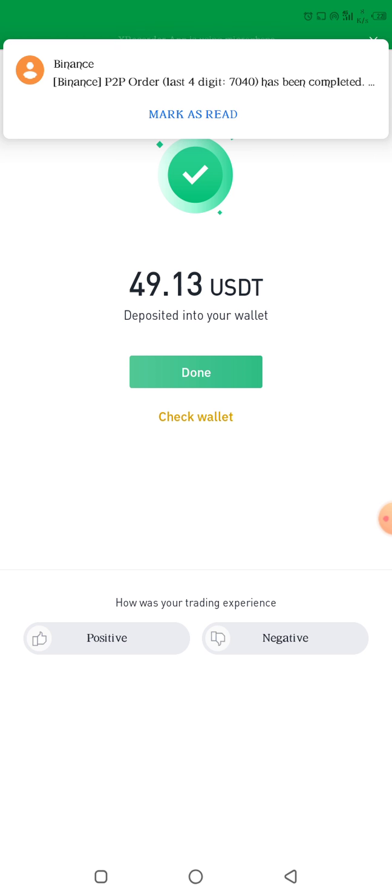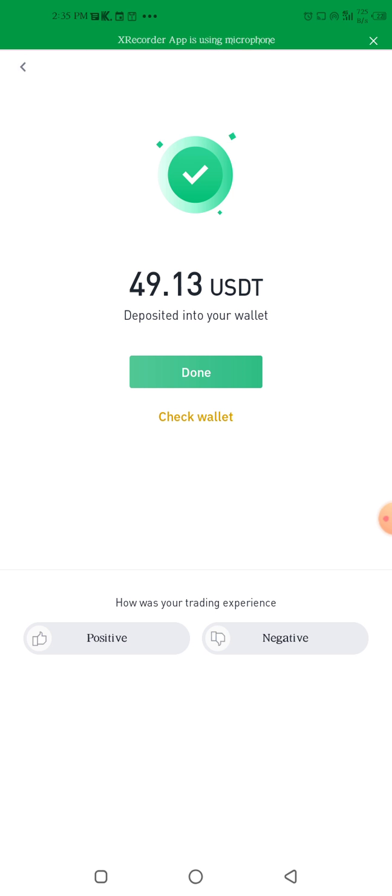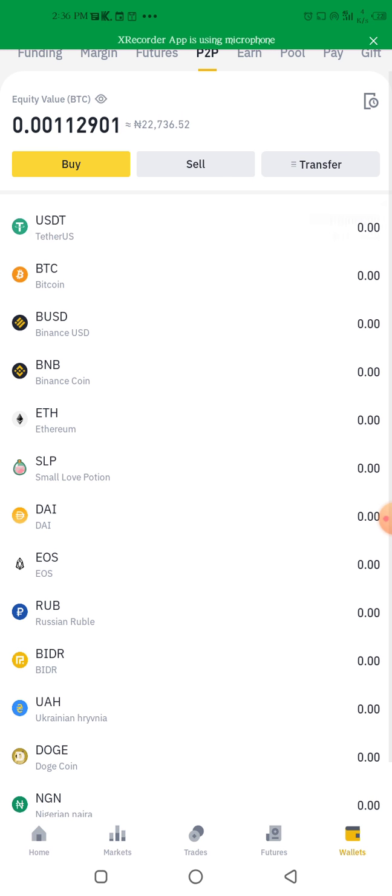So I've just been notified that my transaction has been completed. The guy has released it into my wallet. So this wallet is my P2P wallet, not my spot wallet. There's a difference between the two. The spot wallet is where you buy and sell, and that's your trading wallet where you hold your coins. But the P2P wallet is the wallet where you sell from one person to the other, you and I selling on the platform. That's it. So having done that, I click on check my wallet just to see what I've bought, and